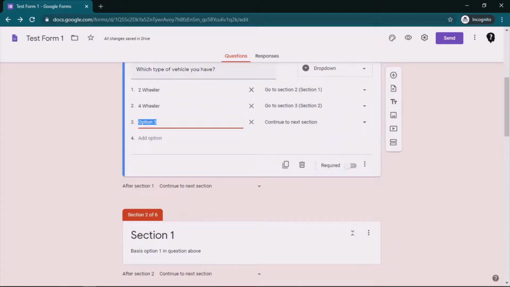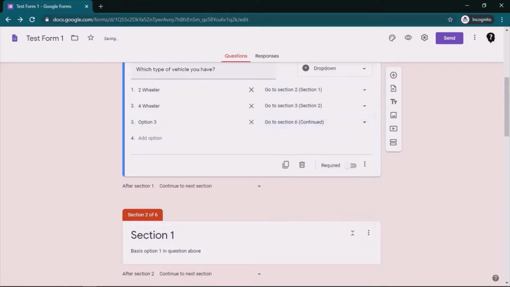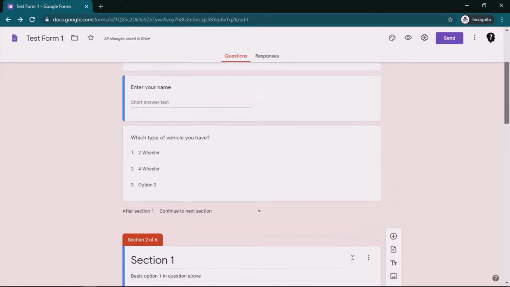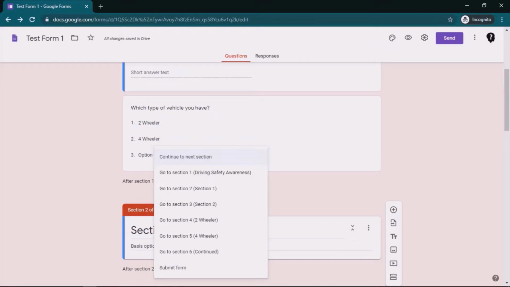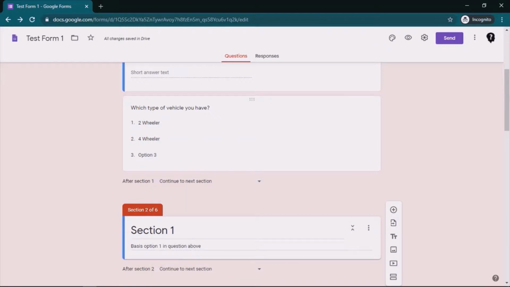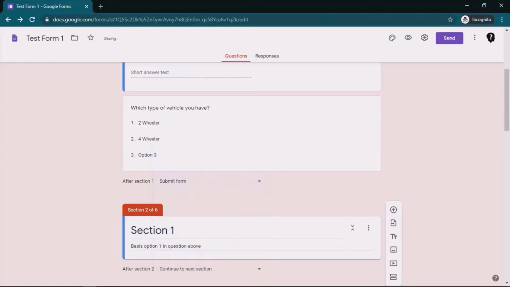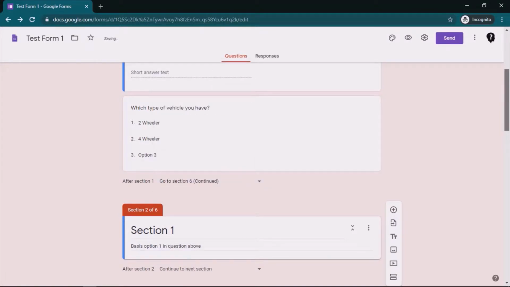So if I have option 3, I can continue to section 6. If this question is not mandatory and the user does not give any input, after this section we can directly click on submit form, or I can manually select this to the continued section.